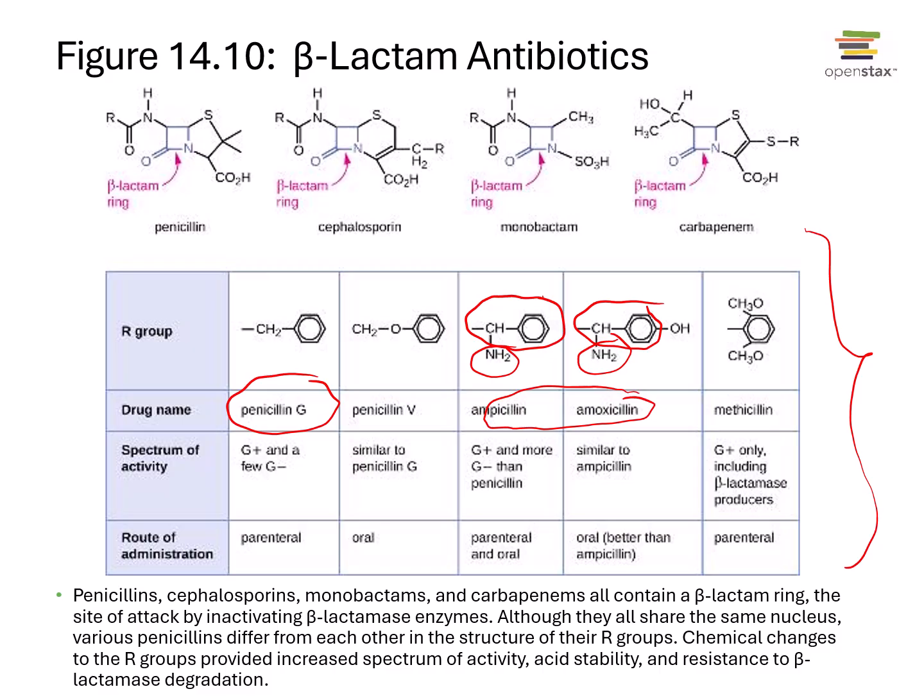And then by adding that additional hydroxyl group here for amoxicillin, that increased the stability of the drug, especially in acidic conditions, which allowed for improved oral absorption. For methicillin, changing the R group to a bulkier side chain over here provided protection of the beta-lactam ring from enzymes and penicillinases, giving us the first